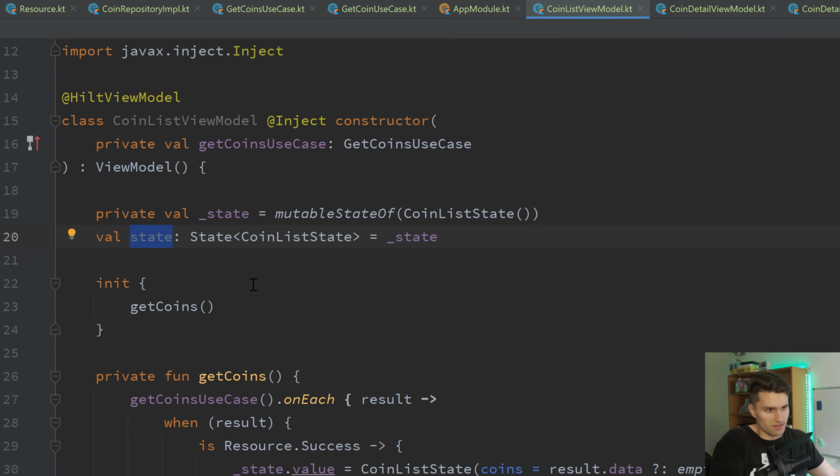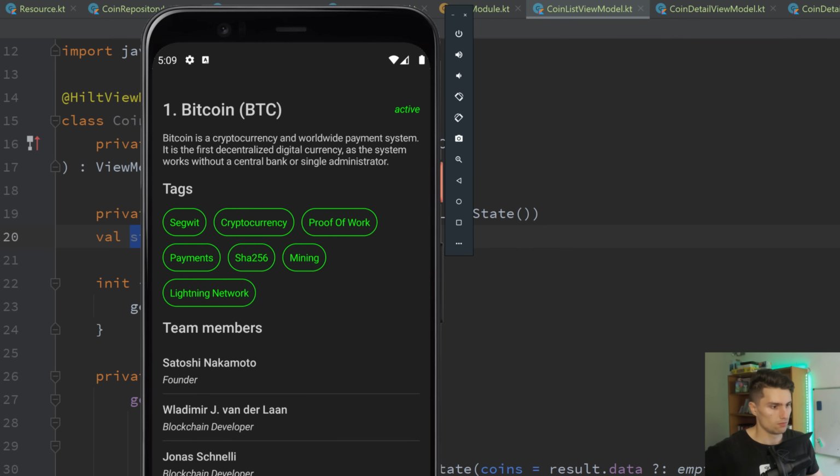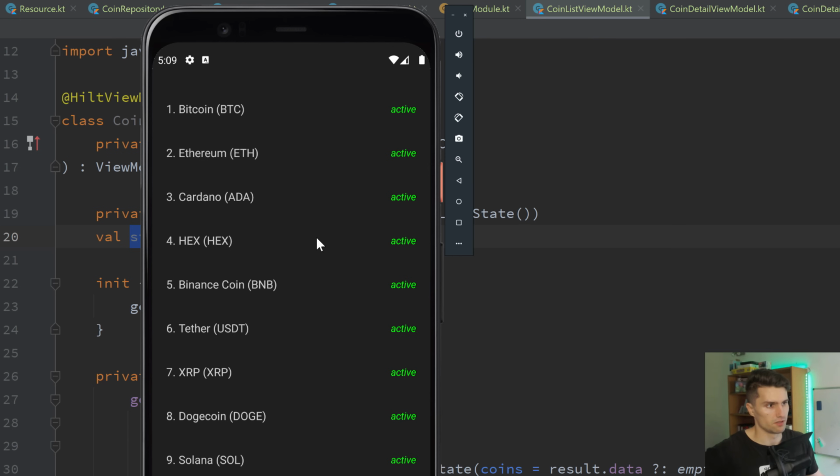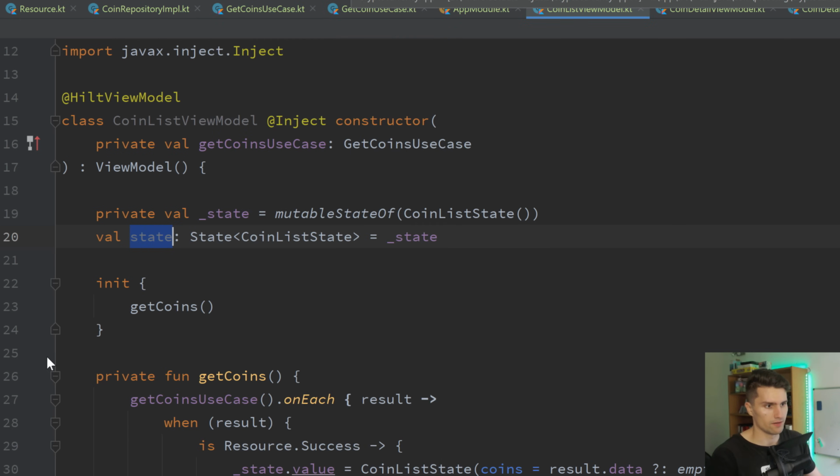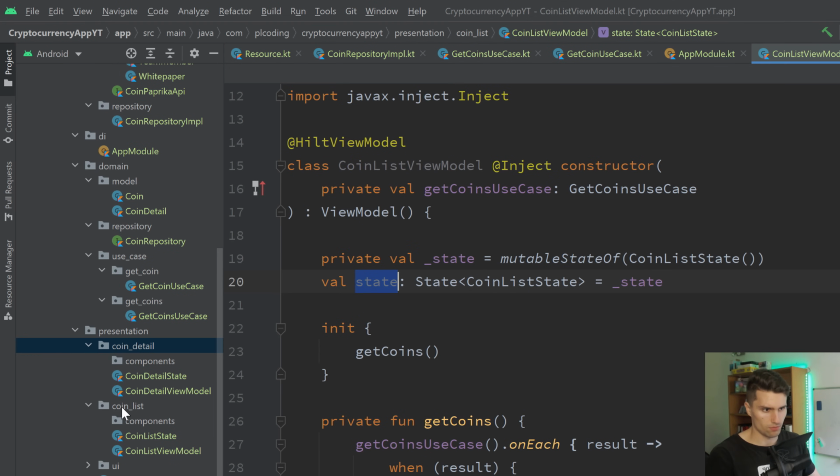So now all that's missing is our UI. So let's implement that next. The first thing we're going to implement from our UI is a coin list item, which will be such an item here. So just a composable for that, and then we can create a list out of that very easily. So in our coin list package,